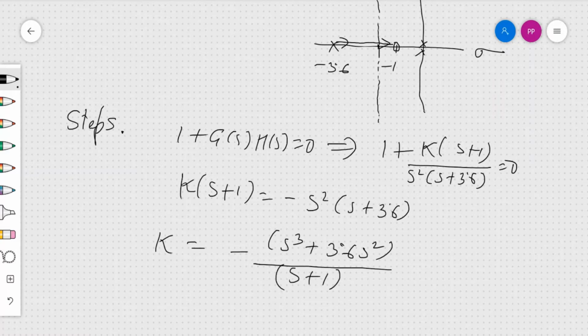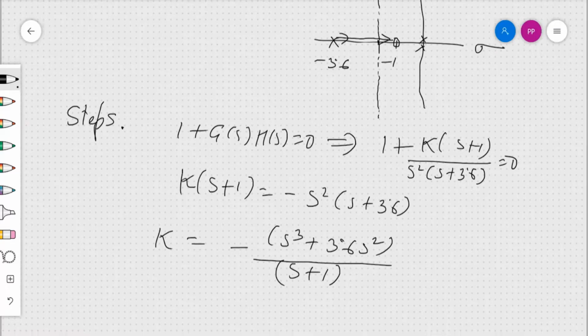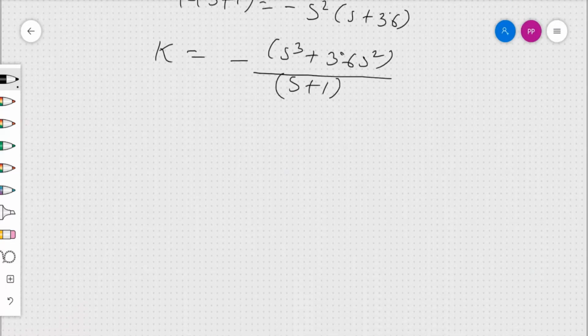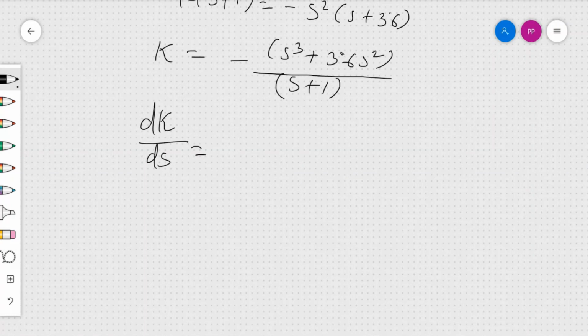So both sides have been divided by s plus 1, so K is equal to this one. So to find the breakaway point, we have to differentiate K with respect to s. How should it become? It should come as dK by ds equal to,